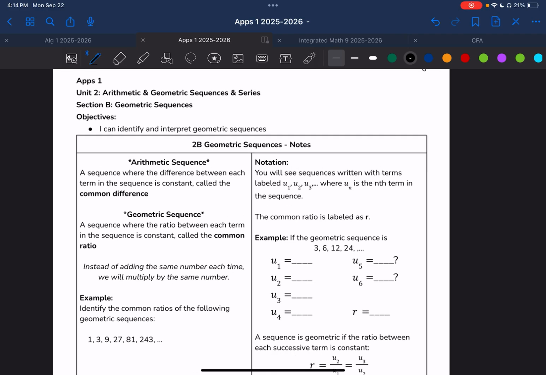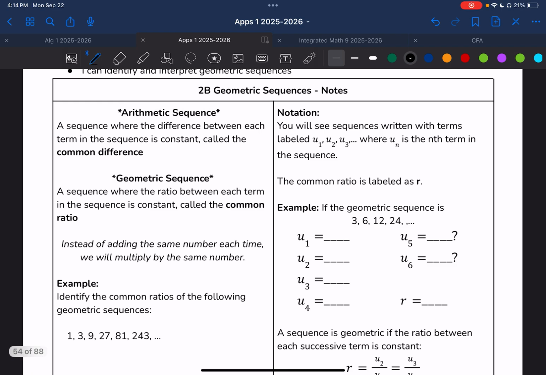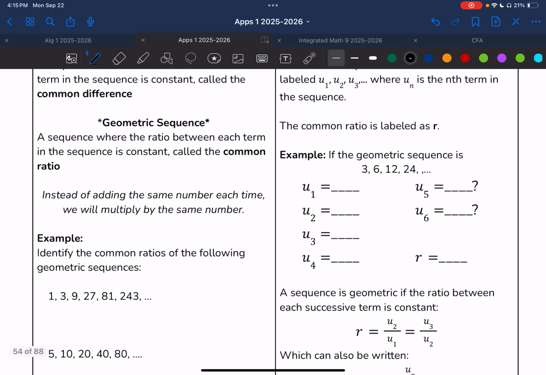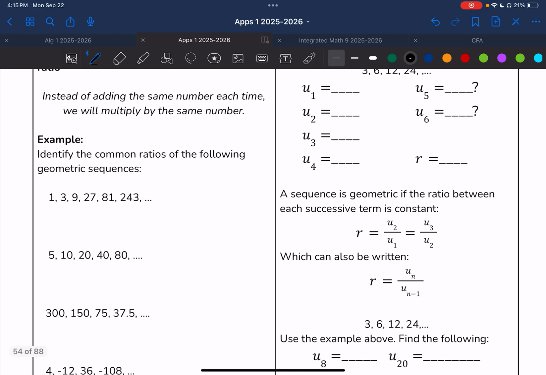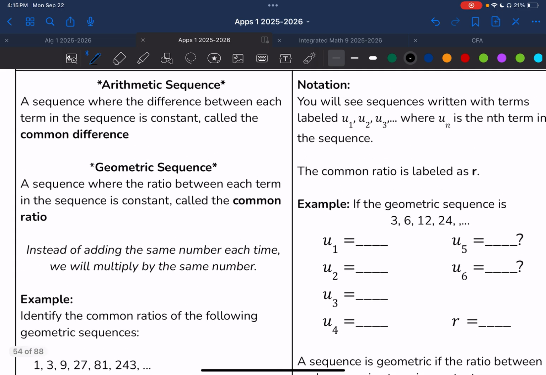All right, so in this video, I'm going to be talking about geometric sequences. So we've been covering arithmetic sequences, where to get from one term to the next, you add the same thing every time. With geometric sequences, we're instead going to multiply by the same thing every time. So what we multiply by is called the common ratio, just as what we add by with arithmetic sequences is